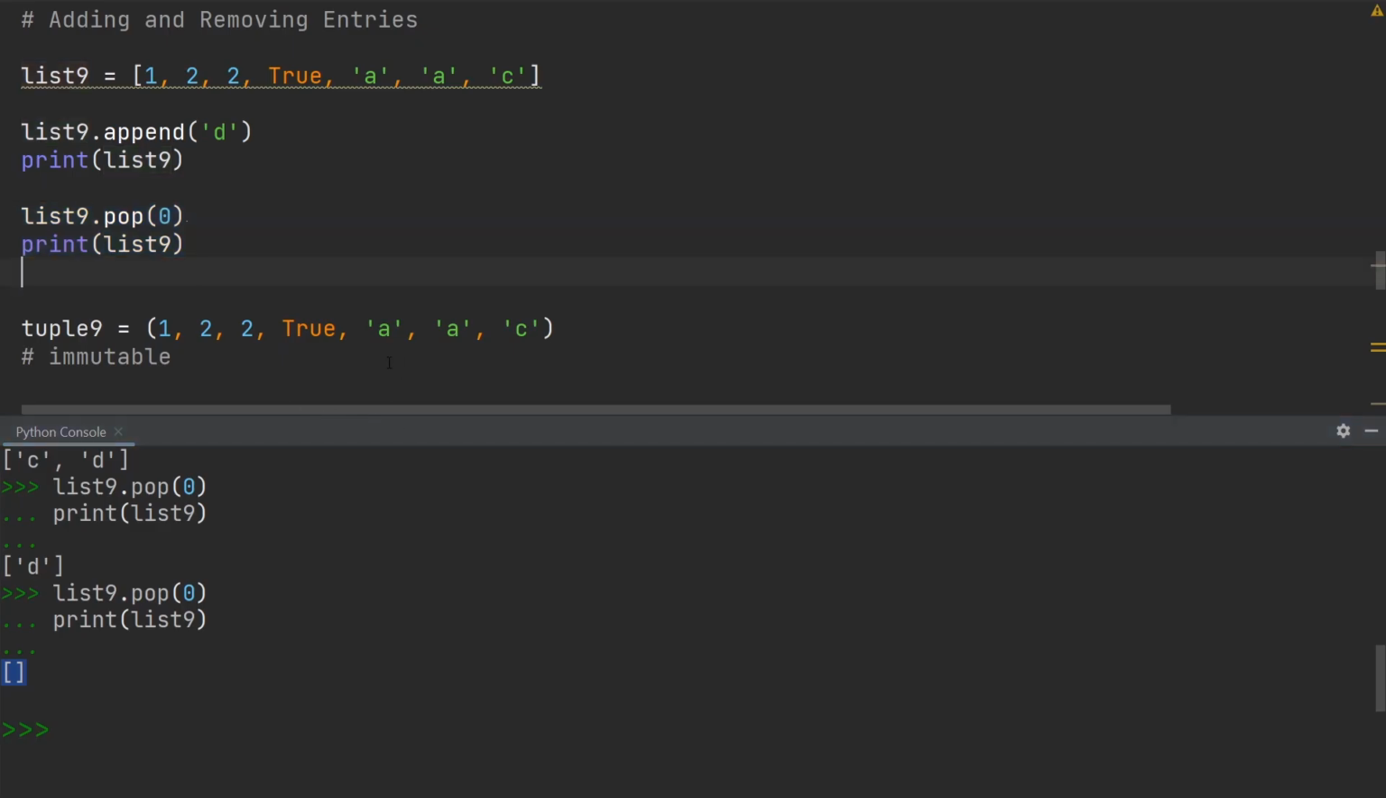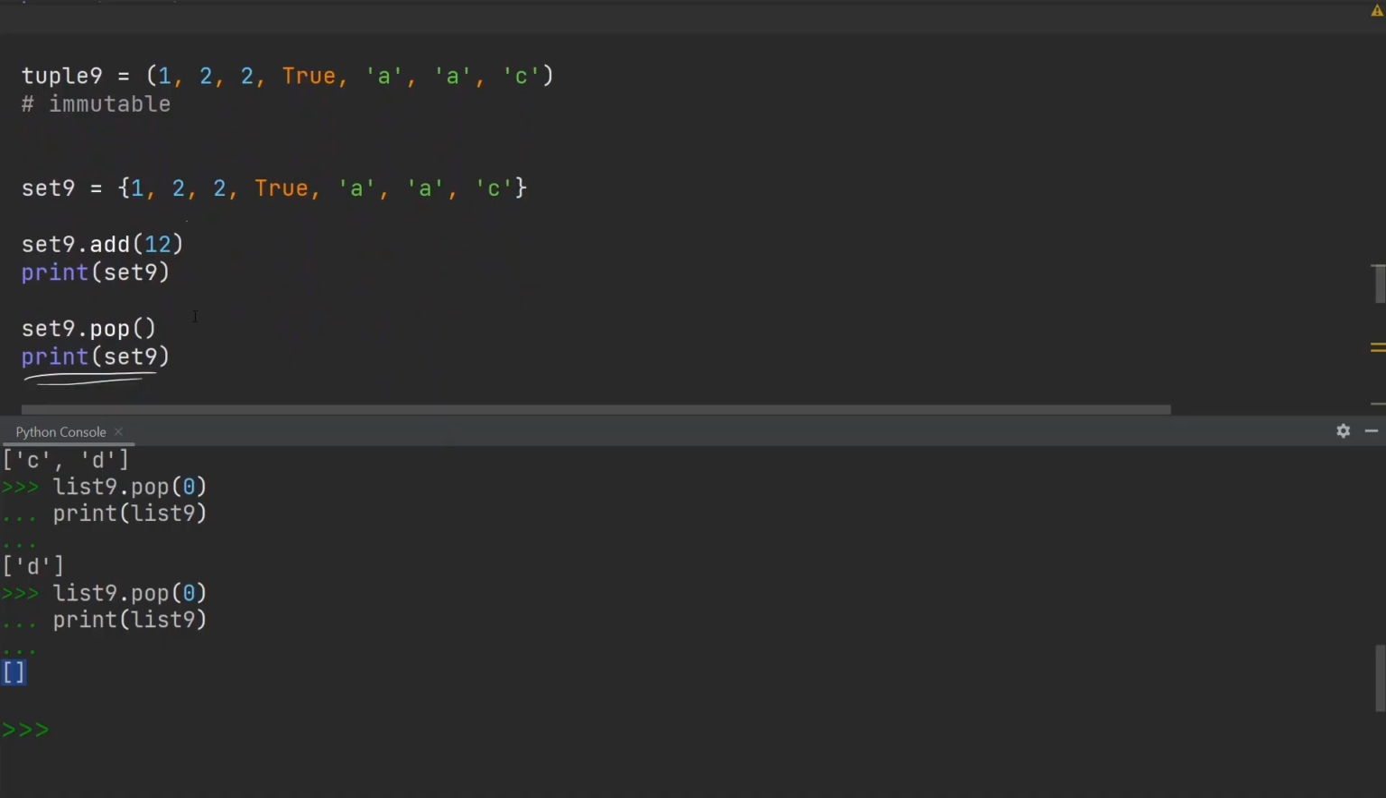With tuples, we again have the problem that they are immutable. That means we cannot change them after they are defined. So there's no adding or removing entries in this case. Moving on to